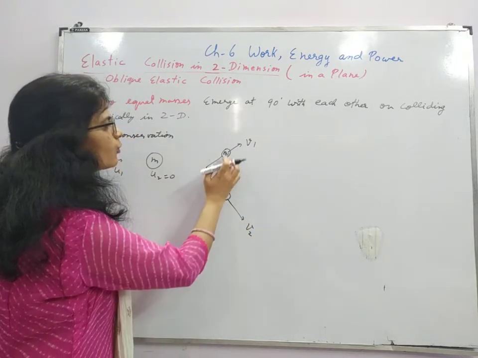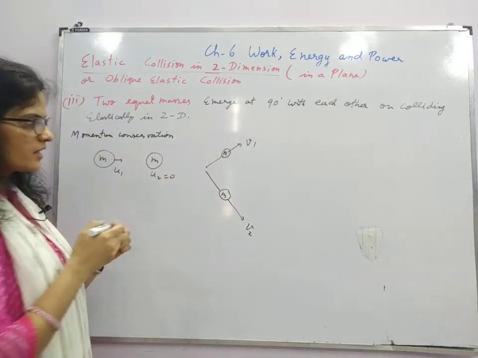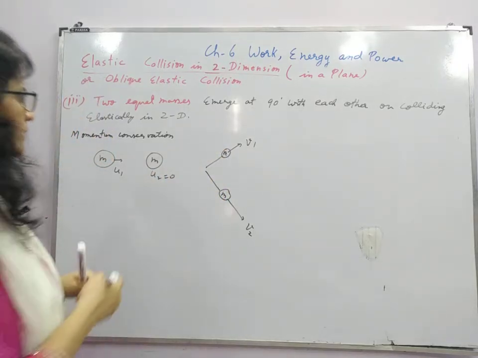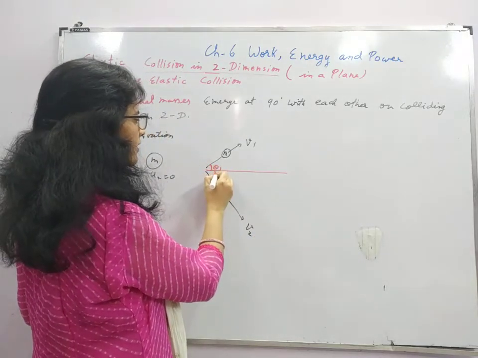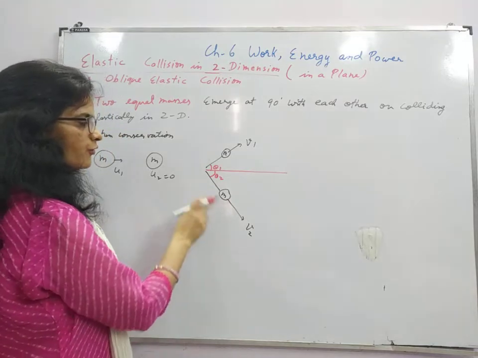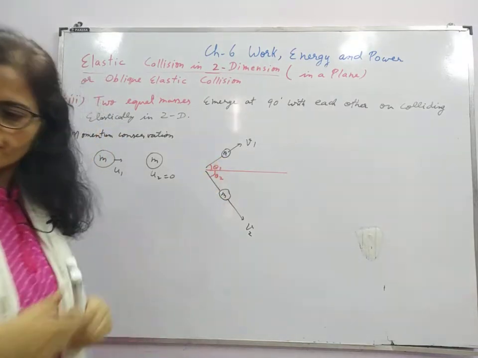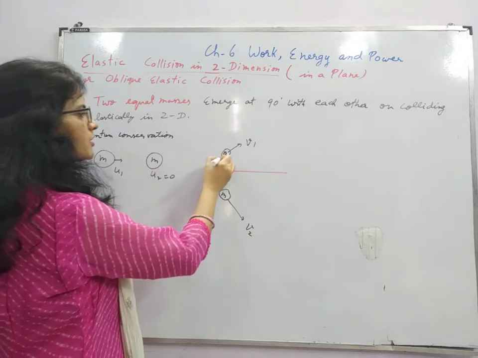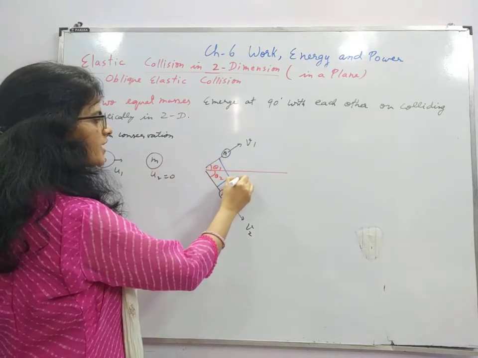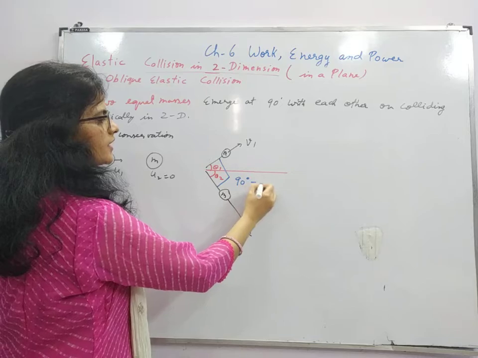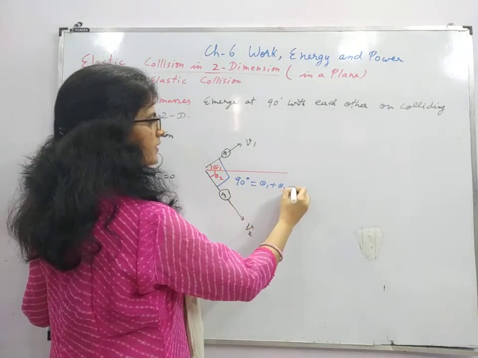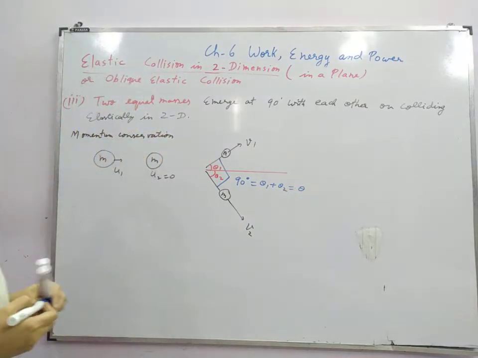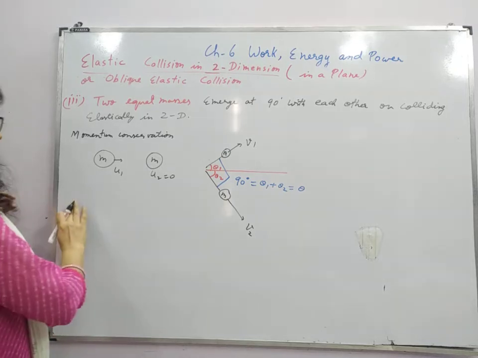If both masses are equal in magnitude, then according to this case, if theta 1 is the angle of the first one with the horizontal, theta 2 is the angle of the second with the horizontal, then the angle at which these emerge with respect to each other is 90 degrees. So this can be written as theta 1 plus theta 2, and this total angle is denoted by theta over here. So this is what we are going to prove. So let's take the step-by-step procedure.